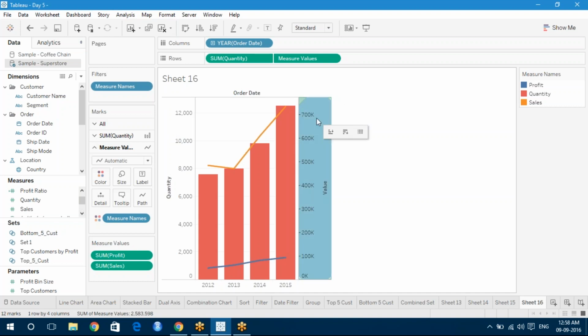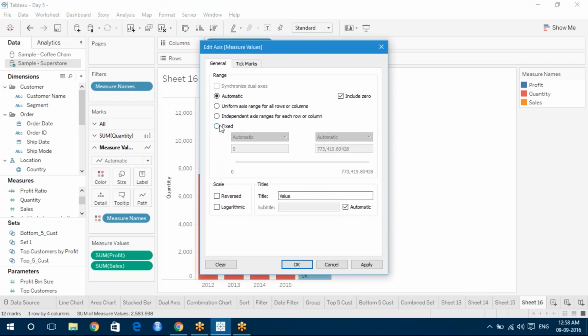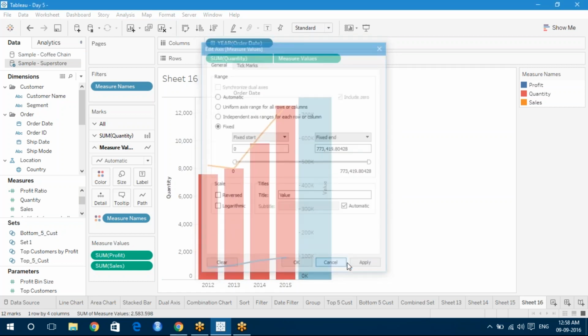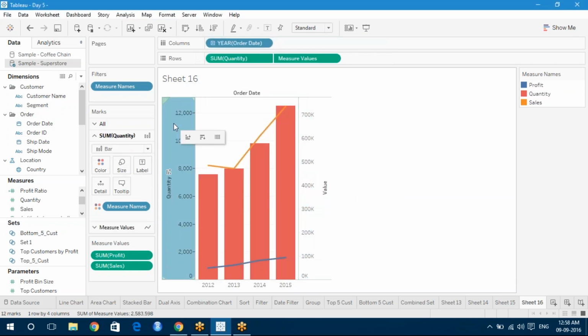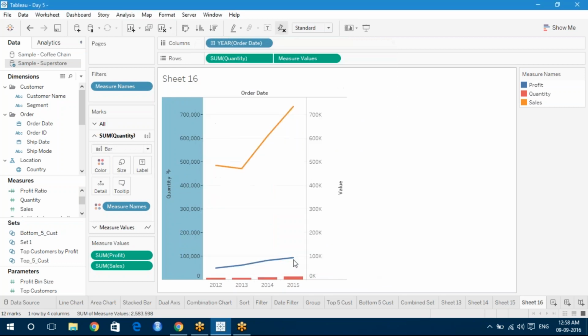However, in order to manually synchronize the axis, you can choose the option of edit axis, select the fixed end of the axis, the upper limit of the axis with a higher value, and apply it on the axis with a lower value. Edit axis, again fixed option, change the fixed end to whatever value you had copied from earlier. Job done. We have manually synchronized the axis,